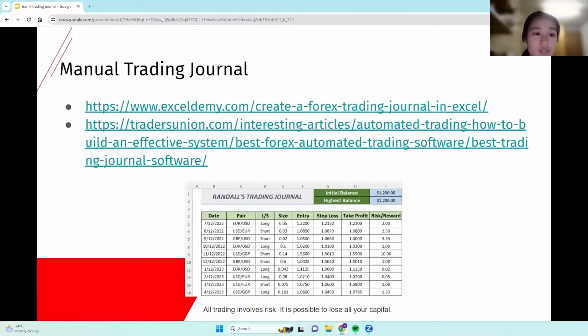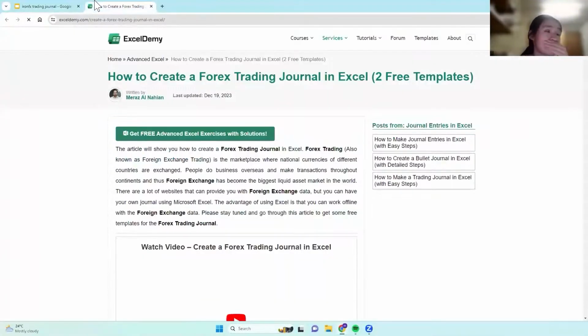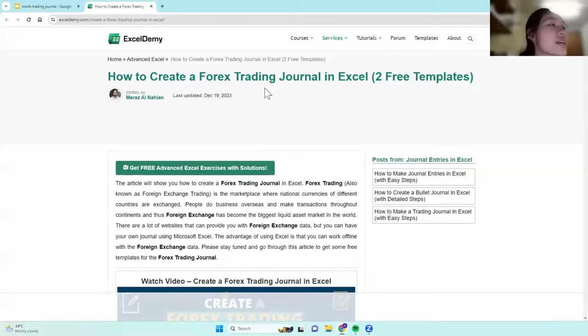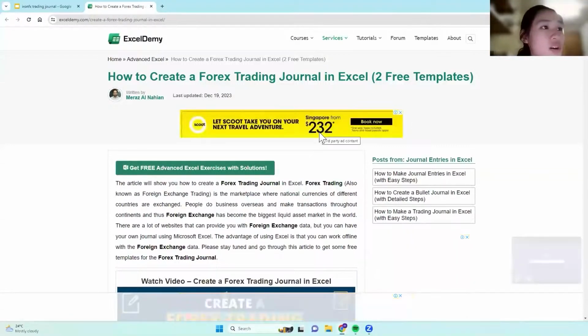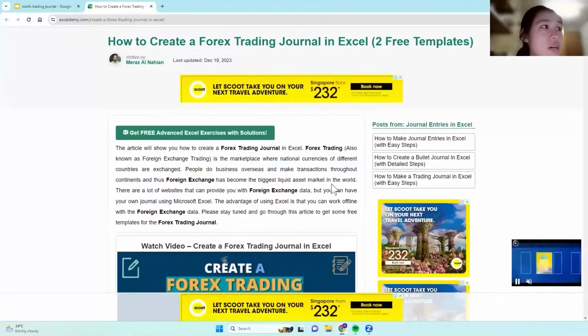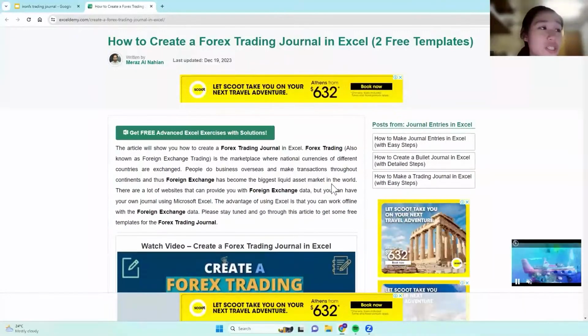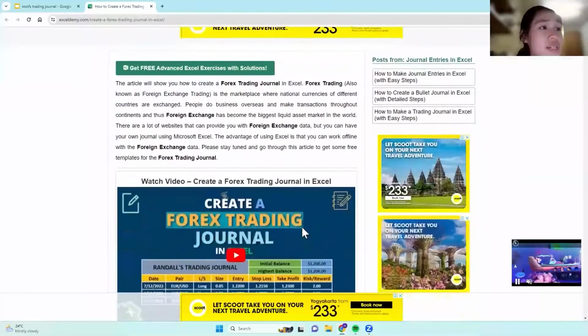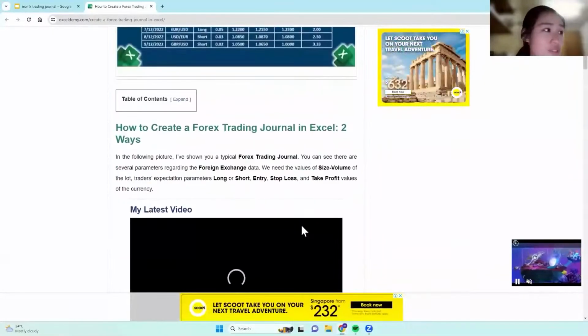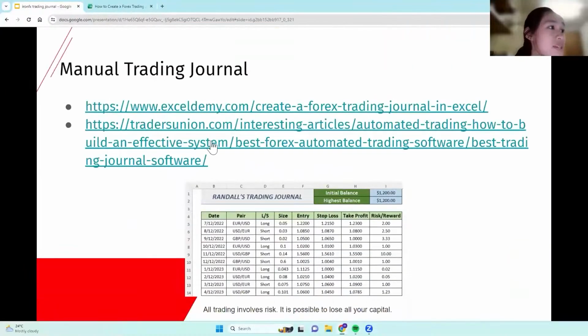Okay, so let's talk about these examples really quickly. So there are a couple of examples that we've included here about how to create a forex trading journal. So this example is in Excel. So by using an Excel spreadsheet, this example over here,